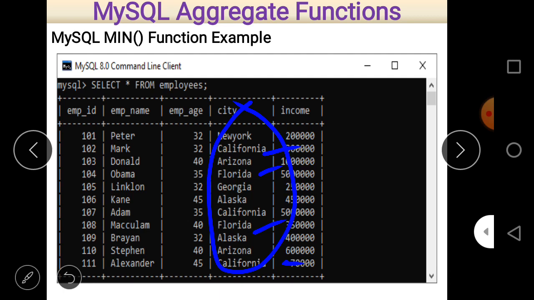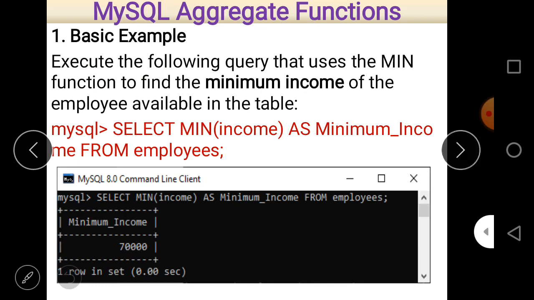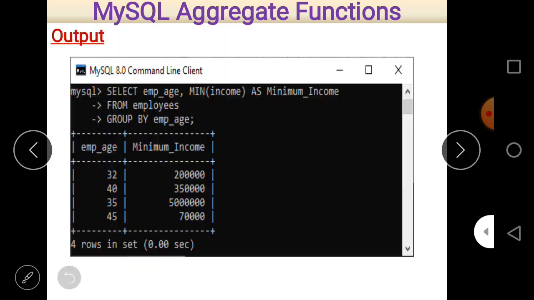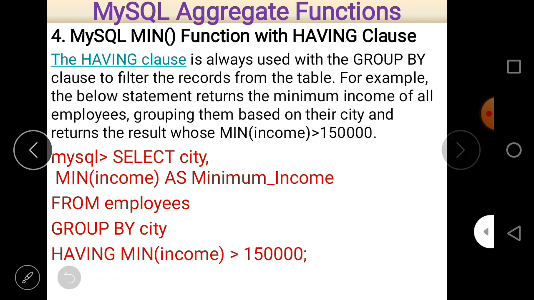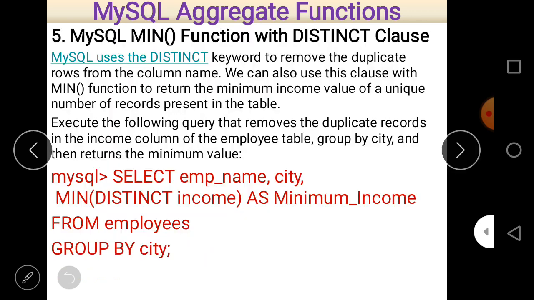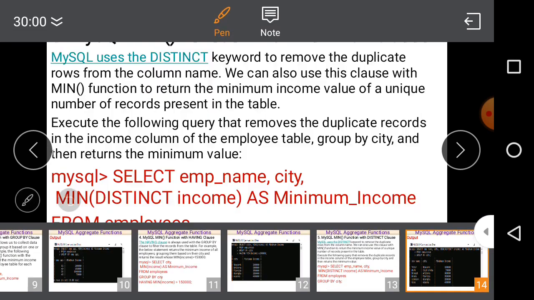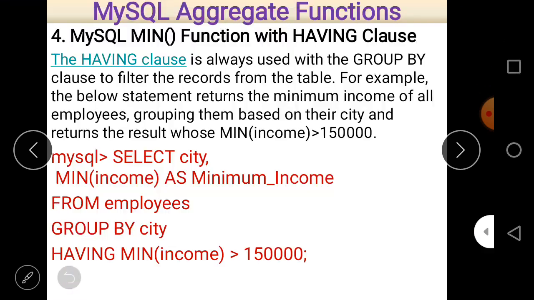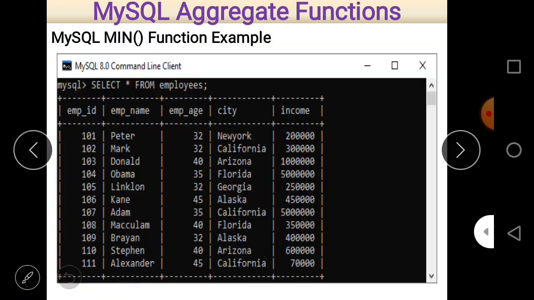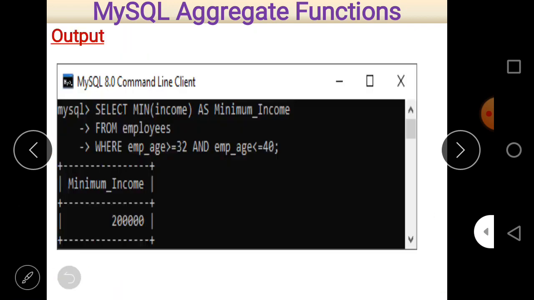So we make a group on the basis of city, and there is a condition that minimum income should be greater than 1,50,000. So minimum income should be greater than 1,50,000. You can see here the original table, and for different cities there are different incomes. When you execute this query,